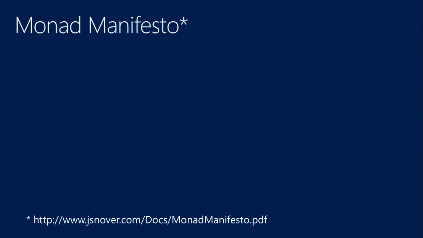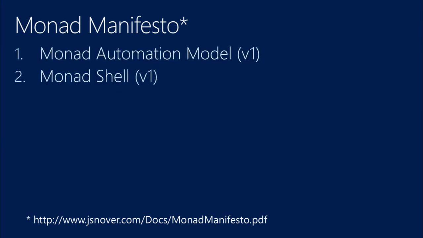And one of the first things I did was to write down our manifesto, right? Which is to say, where are we? What problem are we trying to solve? What are we going to do? How are we going to solve it? And what are the steps to solving it? And it turned out I wrote that in 2002. And if you read it today, it's actually a pretty stunning document because it pretty accurately reflects everything we've done. So in that, I said that there were 5 steps to a great automation system. The first was what I called the monad automation model. And this was an object-oriented model, a model of pipelines of objects instead of pipelines of text, and all the benefits that would accrue from that.